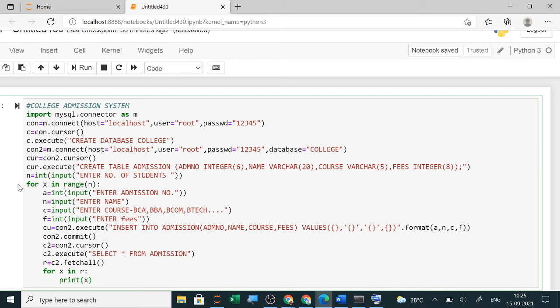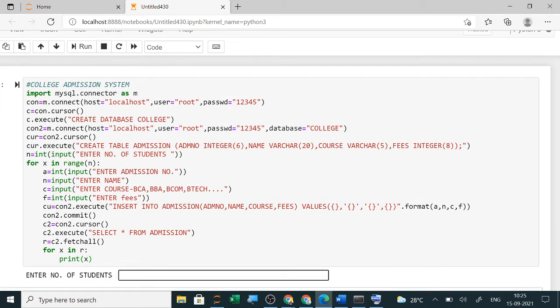So I will simply execute it and first let us see what is happening. Now it asks to enter the number of students. It has reached here, and till now it hasn't shown any error, meaning the connection is okay. With if you can check the connection also, that I will show you. There is one function, is connected, to check whether it is okay or not. Now the database is created. After this I could have written a print command, but I have not used any, so directly it is asking to enter the number of students.